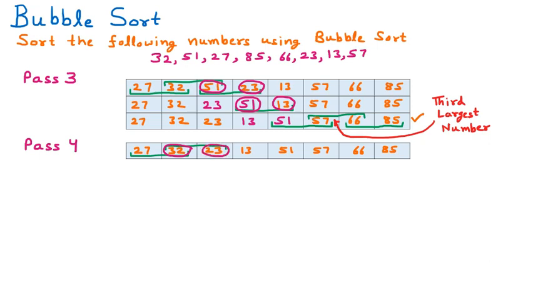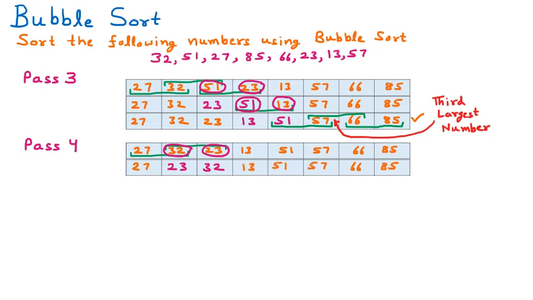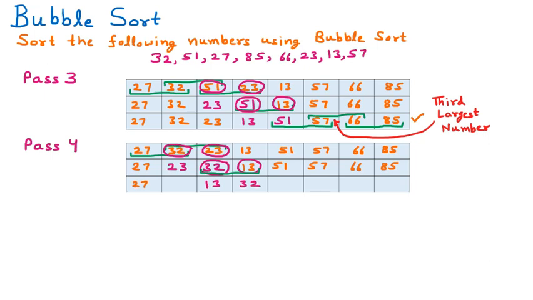And we are inserting one more row here. 23 will come first, then 32 will come. And all the remaining numbers will be as they are. Again we are going to compare the next two numbers here, 32 and 13. These two numbers are not in ascending order, so they will be swapped. We are inserting one more row here. So 13 will come here and 32 will come afterward. And all the remaining numbers will be as they are.